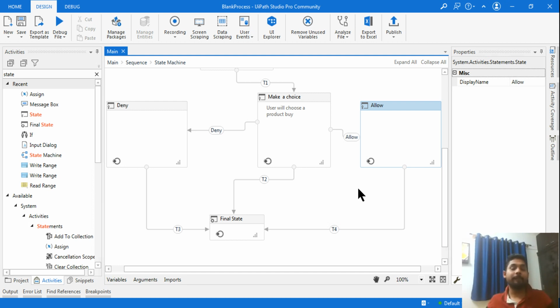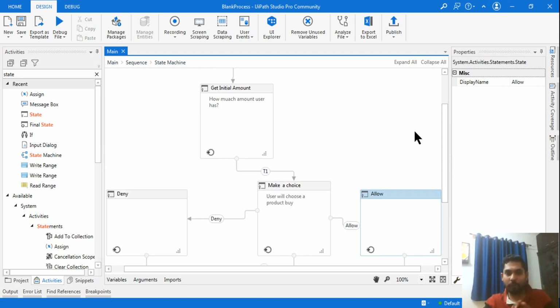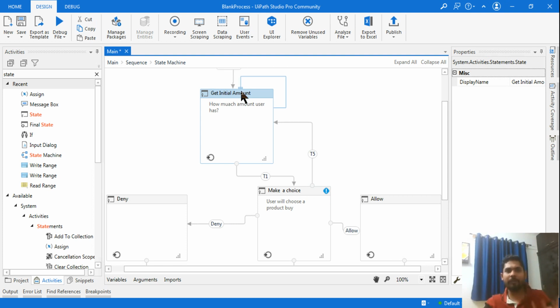I hope this example will give you a lot more ideas to make different changes this way, that way. You can connect it to different states, let's say you want to go back to the initial amount, all this you can connect, from here you can also connect. As you want, if you highlight with your mouse pointer, it will also allow you to connect. You can also connect the same box again to here, depending on your conditions. All of this can be done in a state machine, which gives you that extra flexibility, instead of a flowchart, if statement, or switch statement. So that's where we have to learn about state machines, guys. Thank you so much.